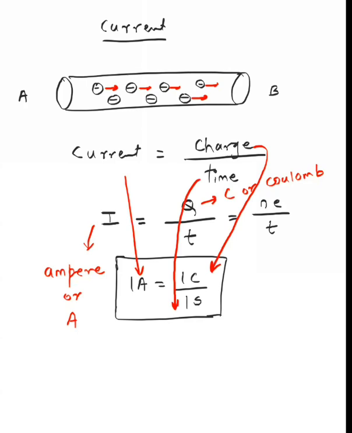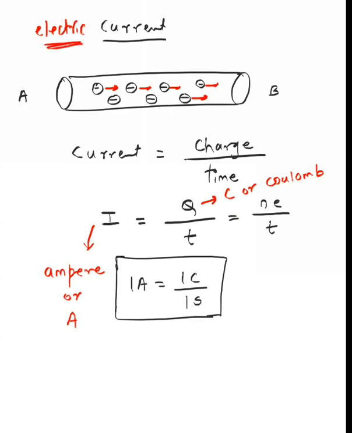Basically, if you're passing more charge, obviously it will also produce more current. And one more interesting thing, this is actually called electric current. Though we will be calling it henceforth just current, it's actually electric current. Electric current is just like ocean currents and wind currents. In the same way there is an electric current. What do you mean by electric current actually? It means there's a flow of a stream of electrons. Like how winds blow in wind currents, moving from high pressure to low pressure, in the same way here the current goes from high potential to low potential.